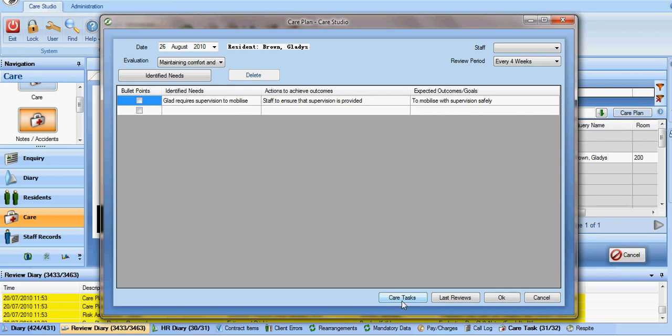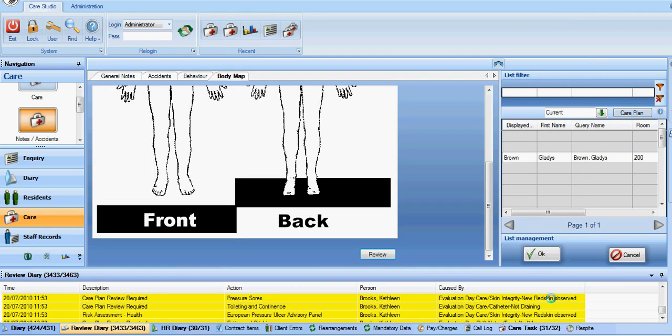So maybe my maintaining comfort and safety care plan is sensible to review. So I'll click on that. It then shows me the details of that care plan, which is obviously fairly cursory. But again, I could now reduce the review period, I could assign a key worker, I could create care tasks in relation to this, I could look at my